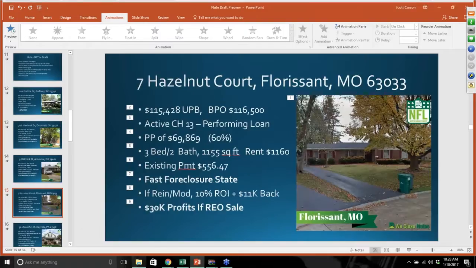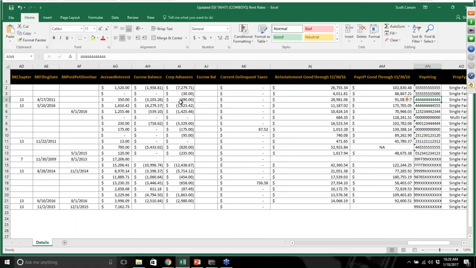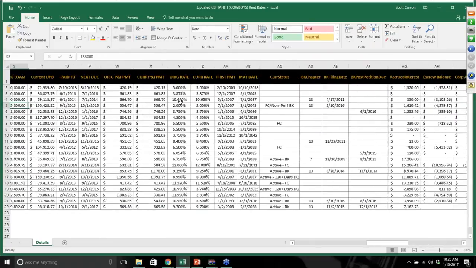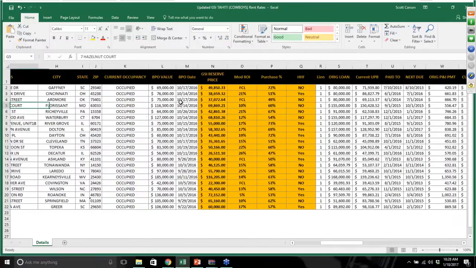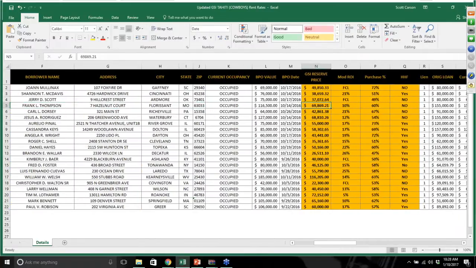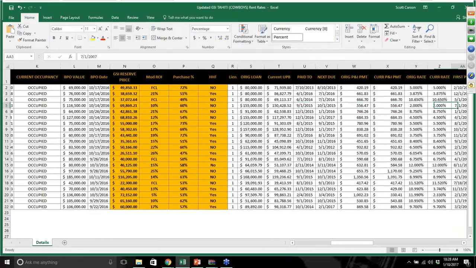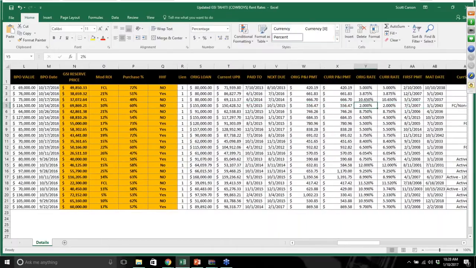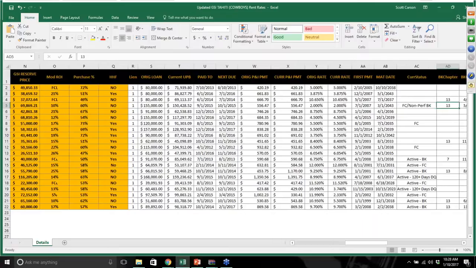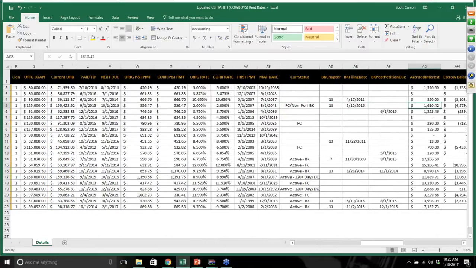And if we look at this one, we go to Florissant. Let's look at the pay period. Let me pull this up here. Yeah, you can see, so Hazelnut Court, they've got a low interest rate. They're very low, 2% interest rate. That's why that payment is low compared to market right now. Now, it does say foreclosure, non-performing bankruptcy, but if you look at the payment stream here,